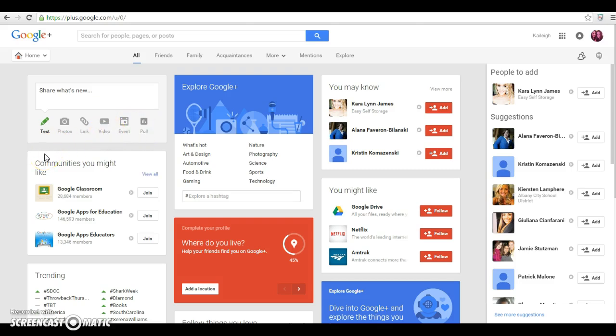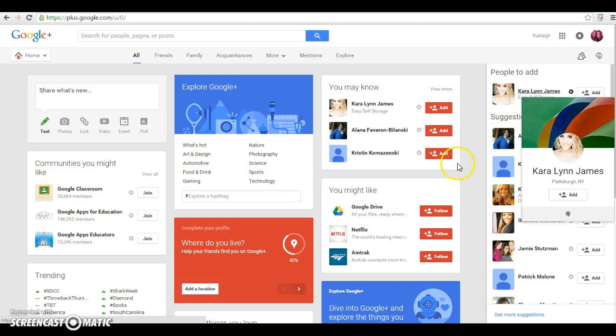It's kind of like a combination of Facebook and a few other social media websites, because you can join different communities here like Google Classroom, Google Apps for Education, and it gives you trending things, which is similar to Twitter, and you can follow people that you may know and you can add them to your circle.